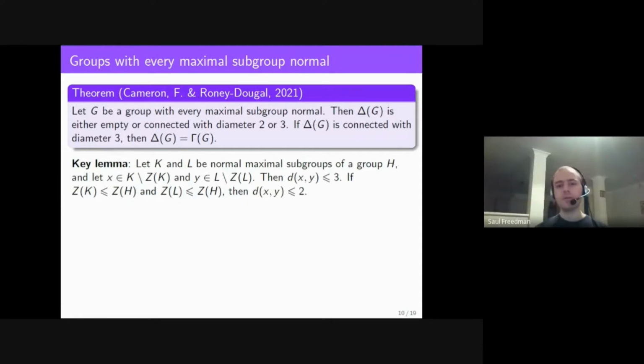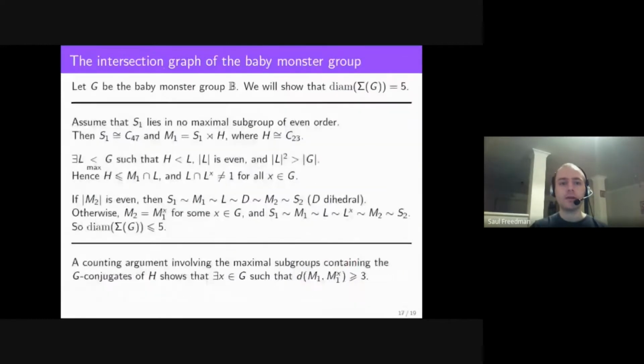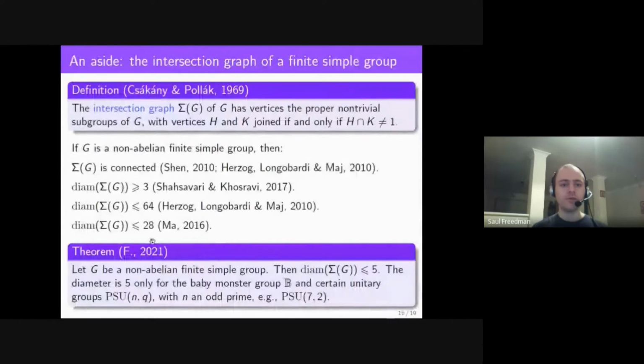So these two graphs that I spoke about here are really the only graphs that I've looked at so far. But I wouldn't be surprised at all if there are more connections between these kinds of graphs. For example, to prove this connectivity result and these upper bound results, these authors used a connection between this intersection graph and the prime graph, also called the Gruenberg-Kegel graph, I think.